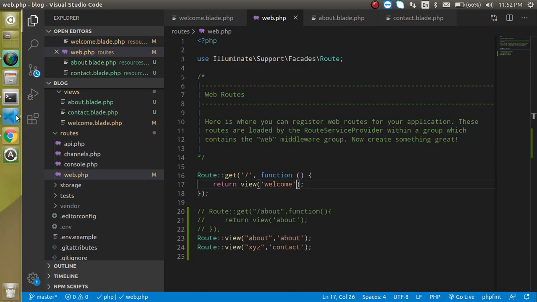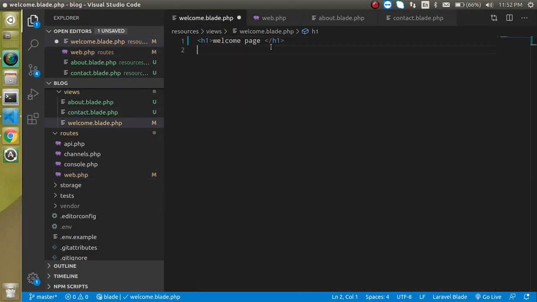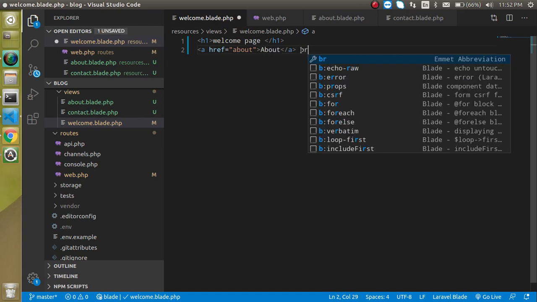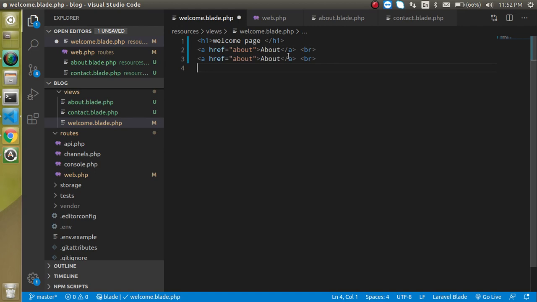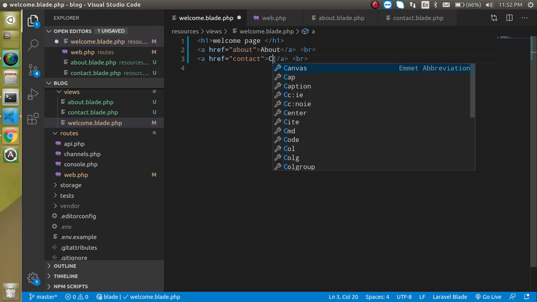So now let's make some anchor tags here. Just make an a and put about, and this text will be shown on the page, right? Just use a br for the next line, and let's put contact and the page name.